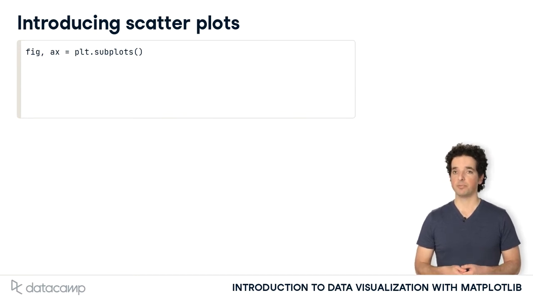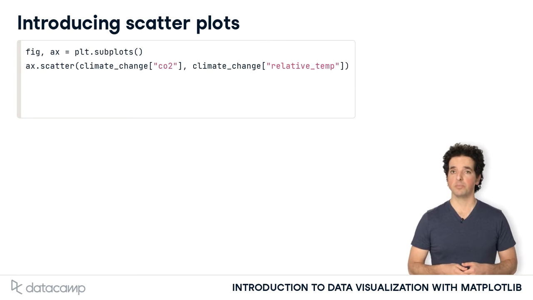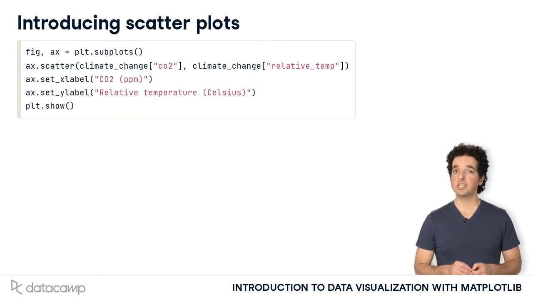Let's look at an example. We'll use the climate change data that we have used previously. Recall that this dataset has a column with measurements of carbon dioxide and a column with concurrent measurements of the relative temperature. Because these measurements are paired up in this way, we can represent each measurement as a point, with the distance along the x-axis representing the measurement in one column, and the height on the y-axis representing the measurement